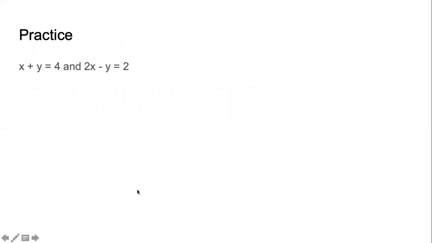Let us see. We will use the same two equations to solve using the elimination method. You should also try to solve it along with me. For our ease, let us call the first equation as equation 1 and the second equation as equation 2. Now you tell me which variable you want to eliminate.